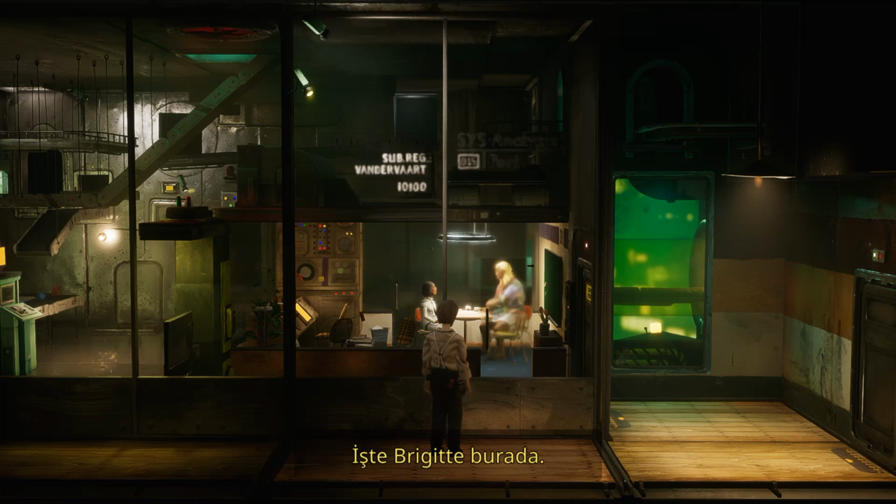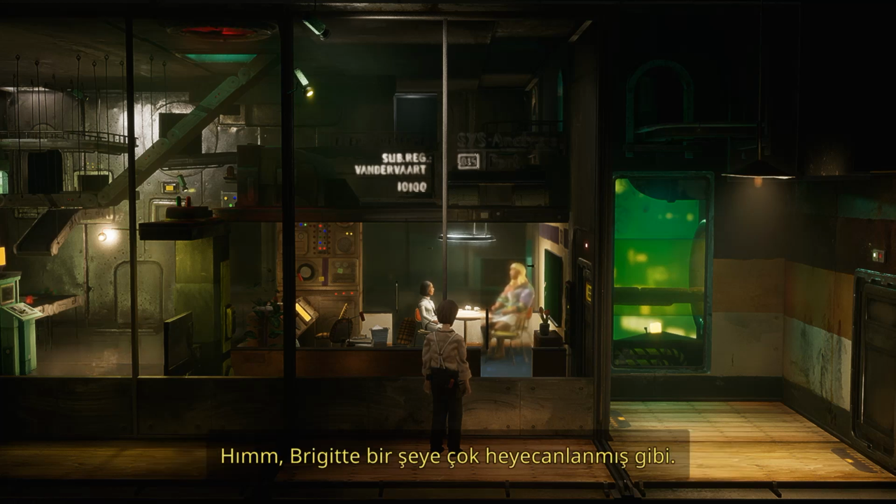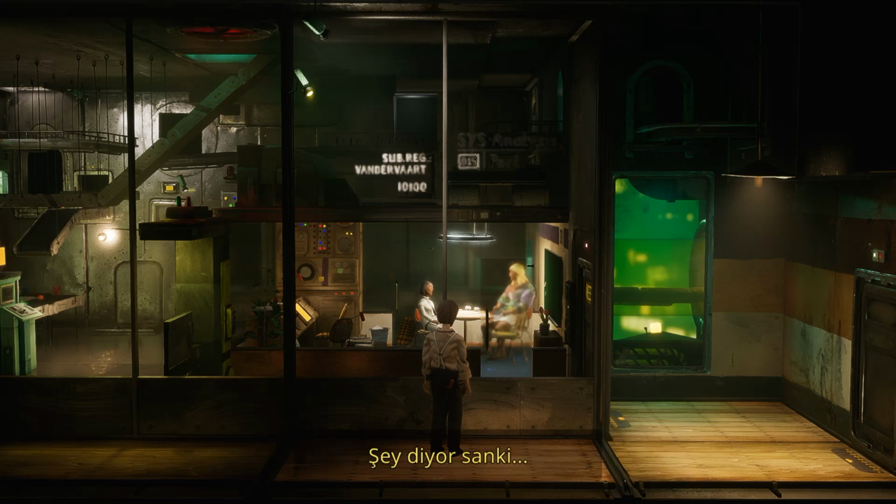Oh, there's Bridget. And Chris. What are they doing in there? I can't hear them, but maybe I can lip read. Seems like Bridget is pretty excited about something. It looks like she's saying...